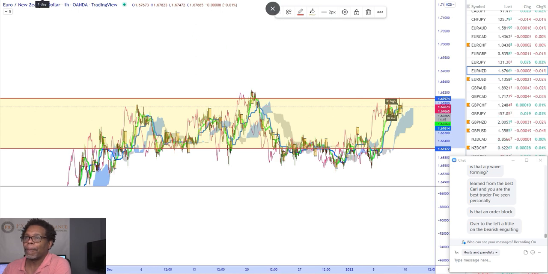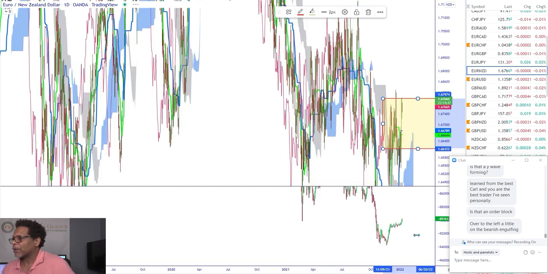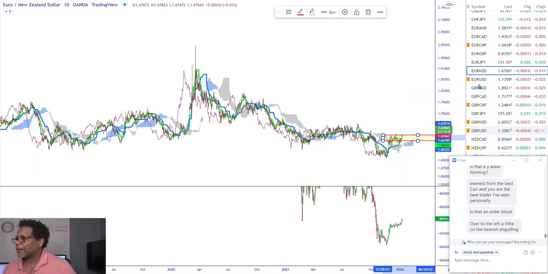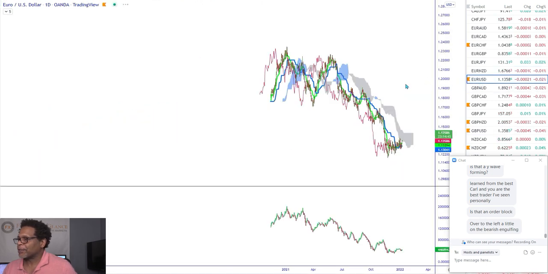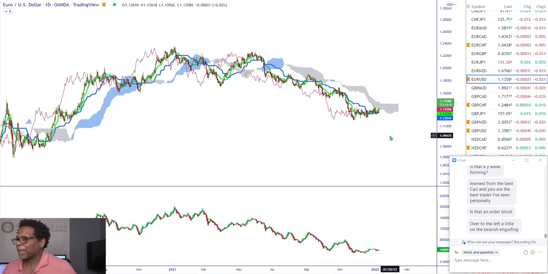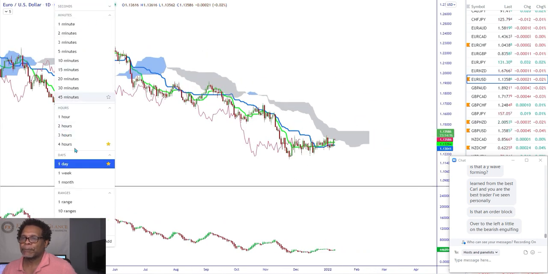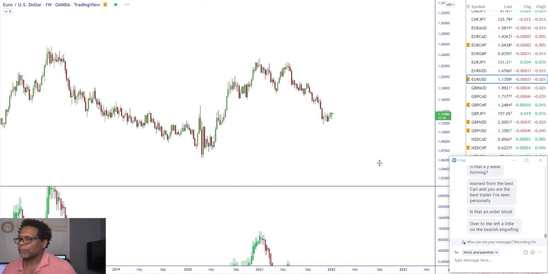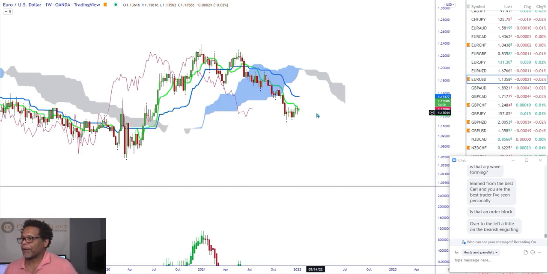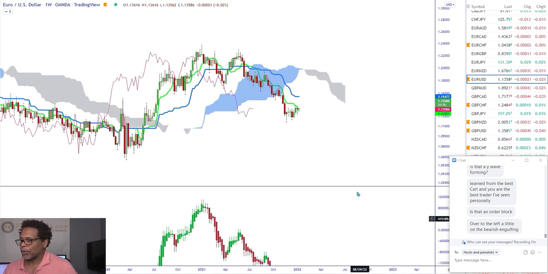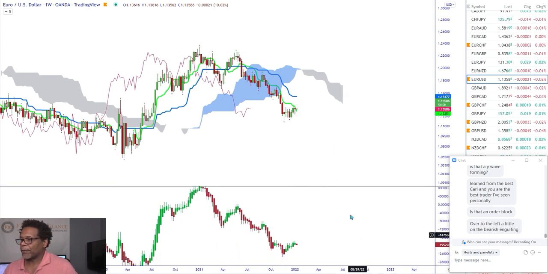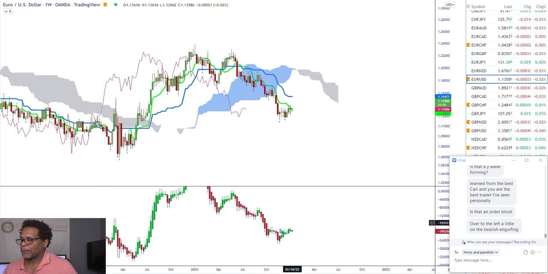All right. Let's go back to the daily. Let's go to the, why doesn't my chart automatically go to auto? Euro USD. Let's go to the weekly time frame real quick. Weekly is very bearish. Could be getting a correction coming up. Quite possibly. Let's see what we got here. You could be getting a correction.